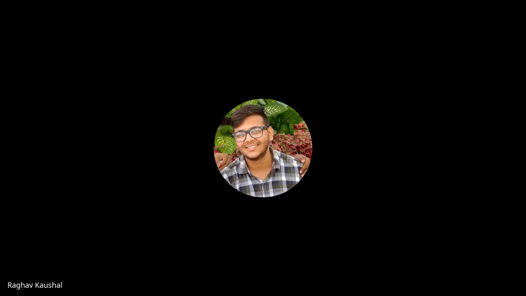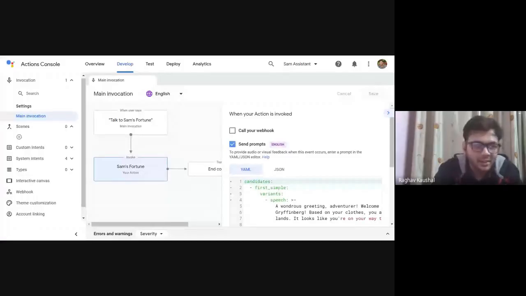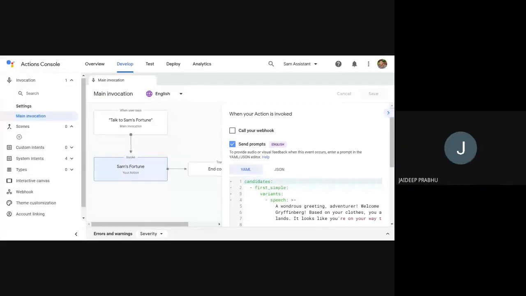What kind of action to build? Can you share your screen if you're okay with it? I'm not getting what kind of action to build. Is that a question or is this a prompt on the screen? It's the step he's stuck on.